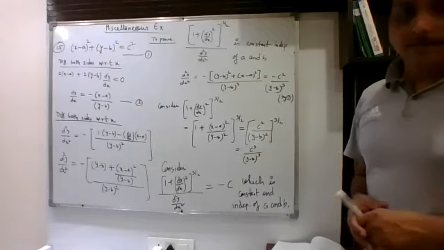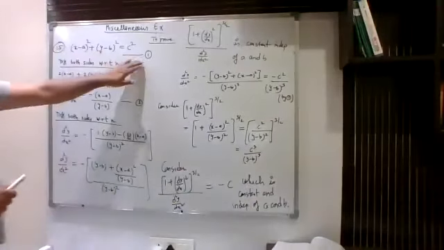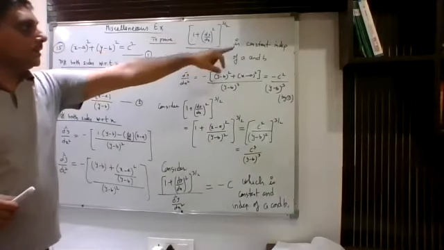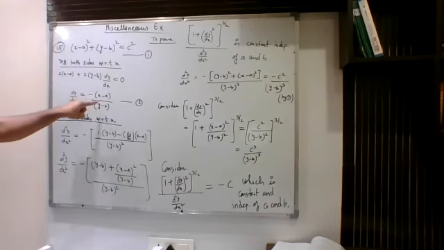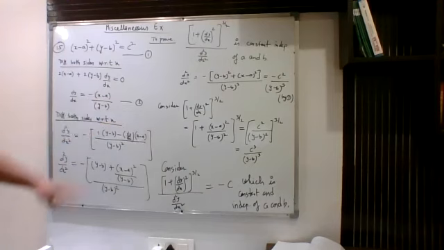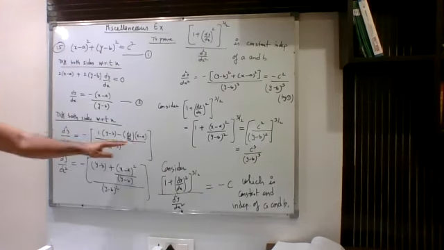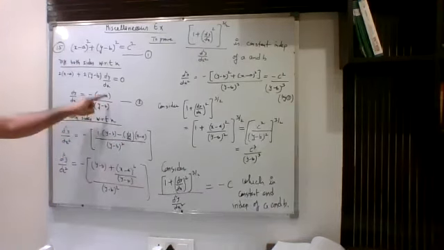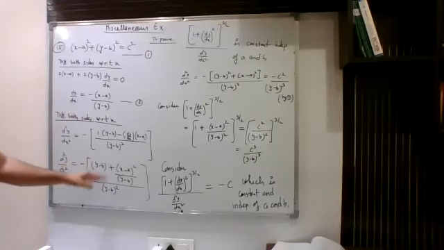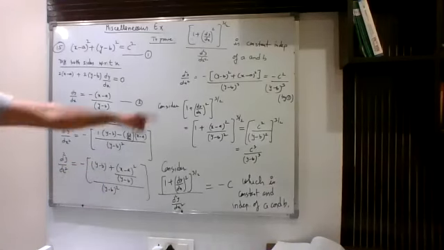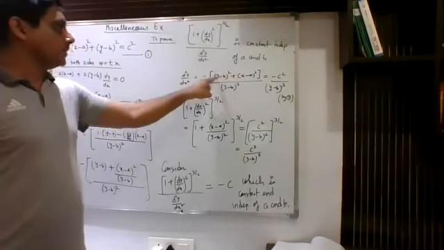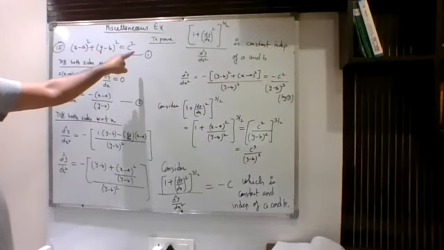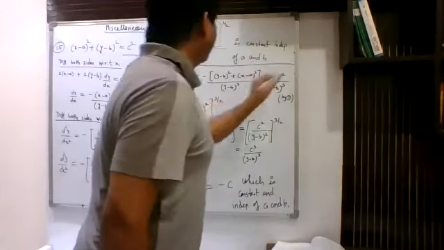Let me explain this once again. This expression was given. We want to prove that this quantity should be constant and independent of a. From here we have taken the single order derivative. After taking the single order derivative, we get dy upon dx as minus (x minus a) upon (y minus b). Call it number 2. Differentiate this again using the quotient rule, and this is what you will get. Now put the value of dy upon dx as this much. Take a simple LCM. When you take LCM after putting the value, you will get it in this manner. Now after that, you can write (x minus a) whole square plus (y minus b) whole square as c square by using number 1. Right? So that is how we can write.